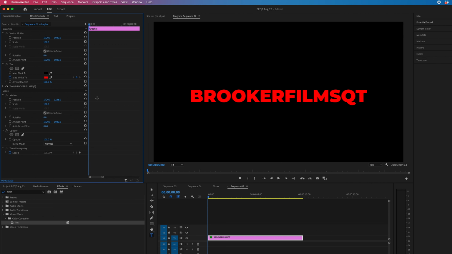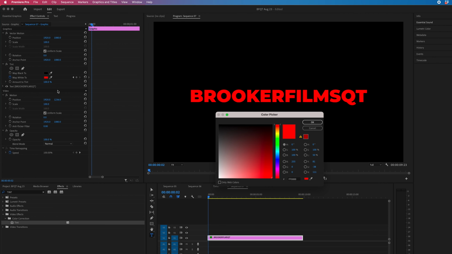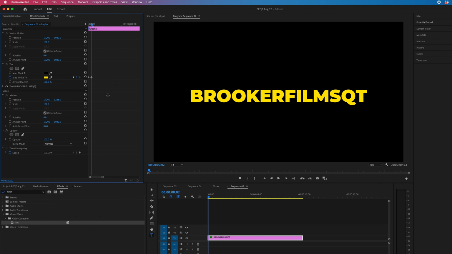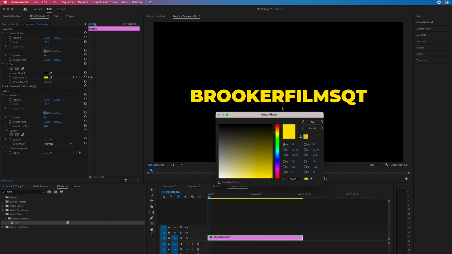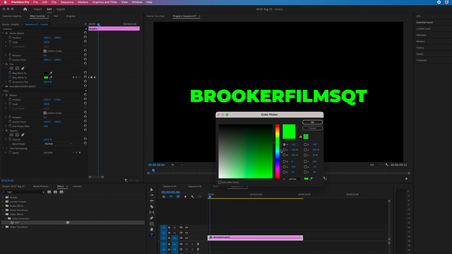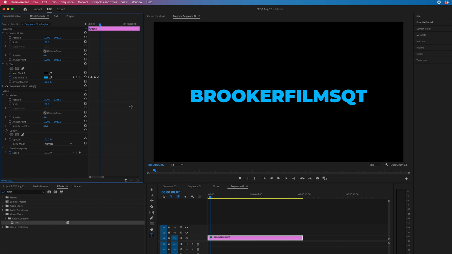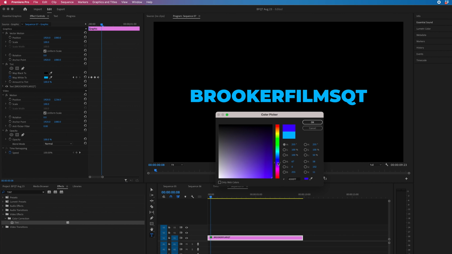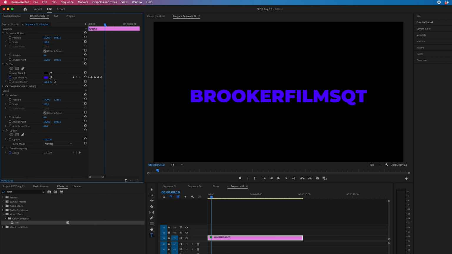Then we're going to go 2 frames over, select the red, and we're just going to pull this down. So I'm going to make this a yellow. Then we'll go 2 over, select the yellow box again, and we'll go down to green this time. So we'll just keep creating this animation, just scrolling through the colors that we want to select. And then from there, it doesn't matter about going back to that starting color because we are just going to